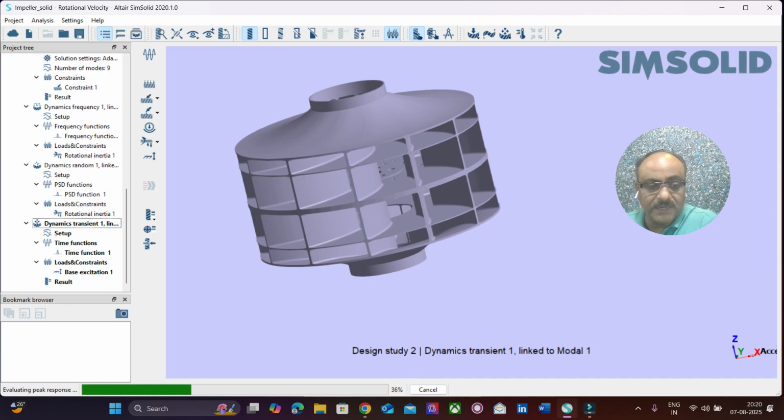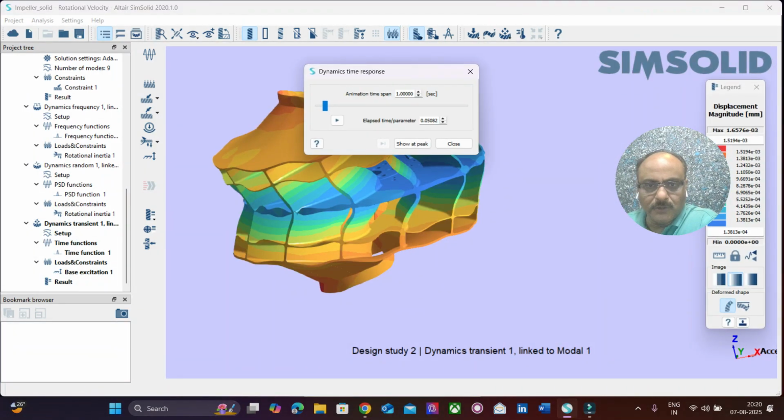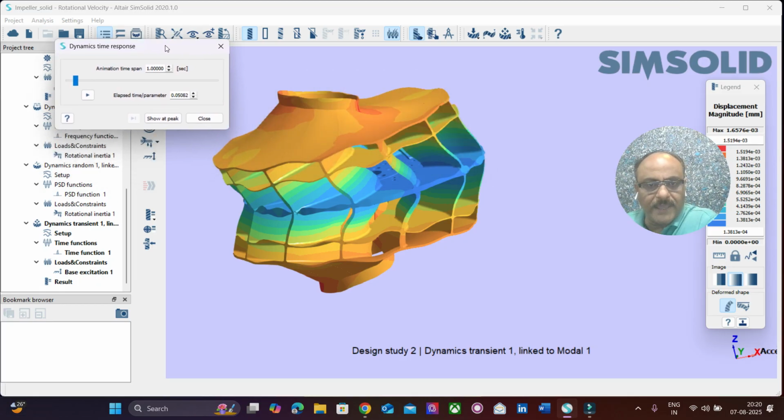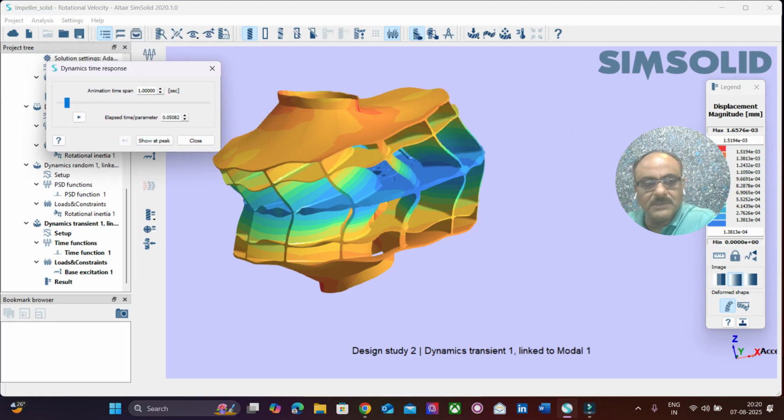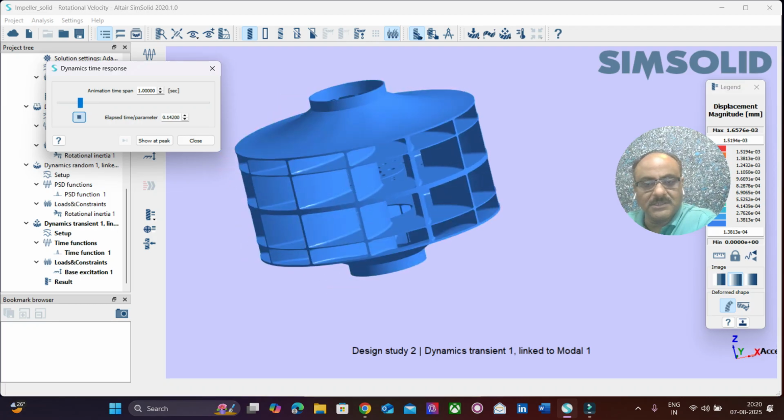So it is evaluating the peak responses that are going to come on the structure, and in what duration this response is going to behave. You can see that this is how the structure, in that 1 second, behaves when a pulse of 1 G is applied for 0.1 seconds. This is going to be the displacement, and you will find it is about 0.003